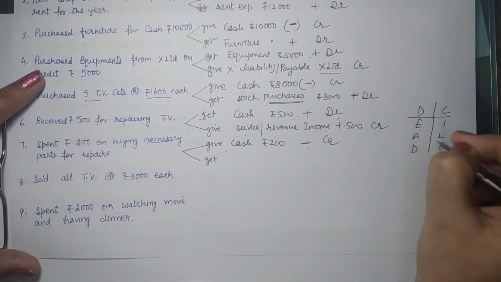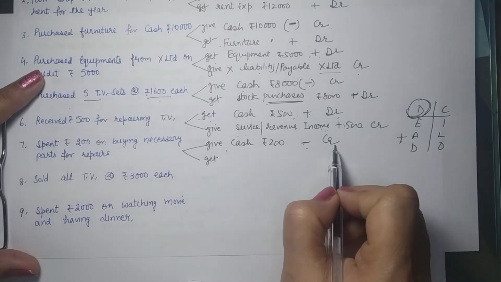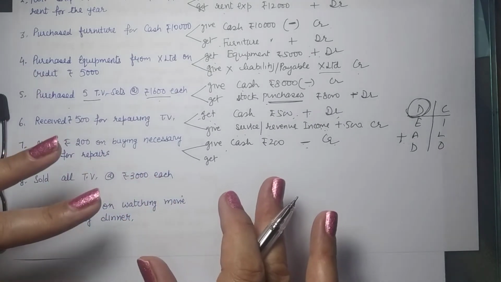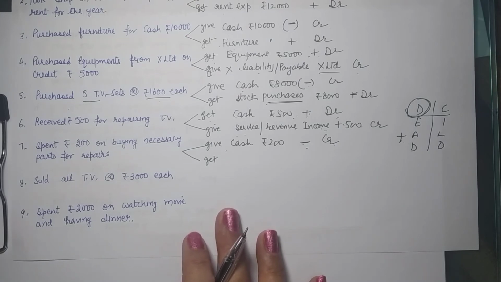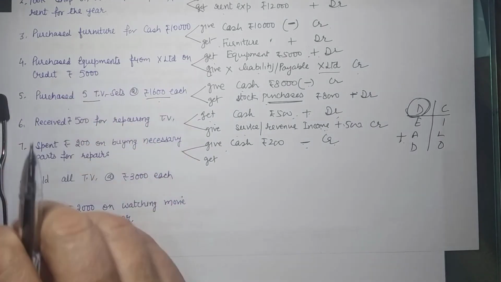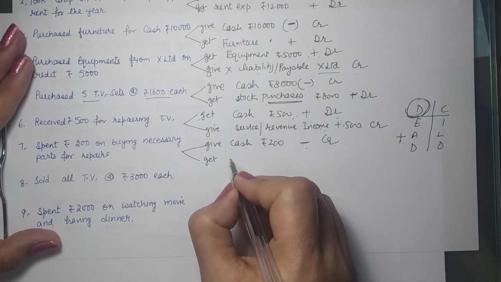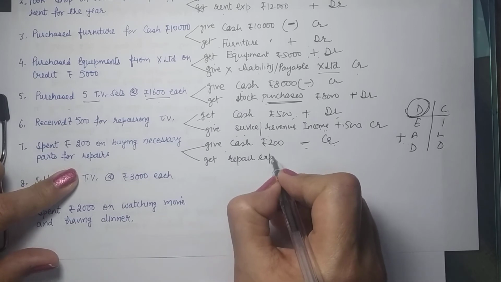Okay. So assets positive is debit, so negative should be credit. What do you get? You get spare parts, some parts for repairing. Are these your assets? Are you going to keep them? If we are going to keep them for long, they are fixed assets. If we are just getting benefit, it's a current asset. But it is neither. Why? You bought the parts, you used them in the repair, and that was over. So it is an expenditure, right? So repair expenditure. In order to provide this service, you incurred some expenses.